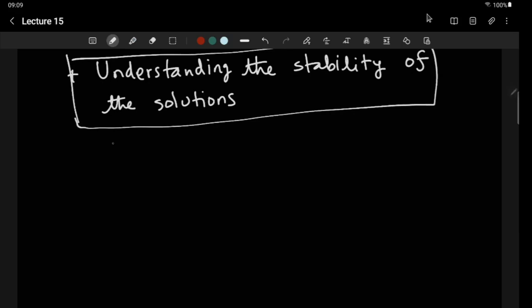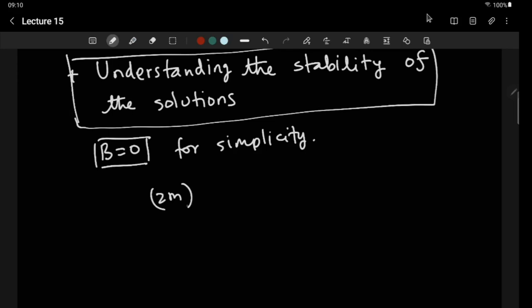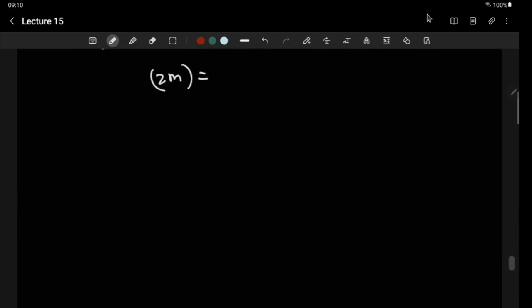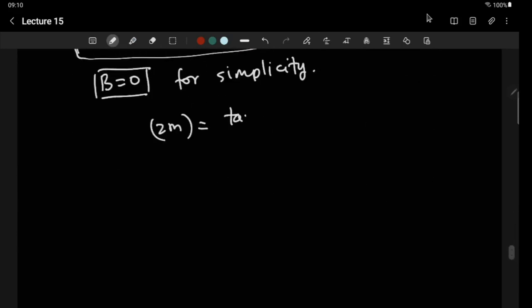The idea. So let's first do b equal to 0 and then turn it on, for simplicity. And of course we will put it back on. So the equation then is 2m equal to tanh of